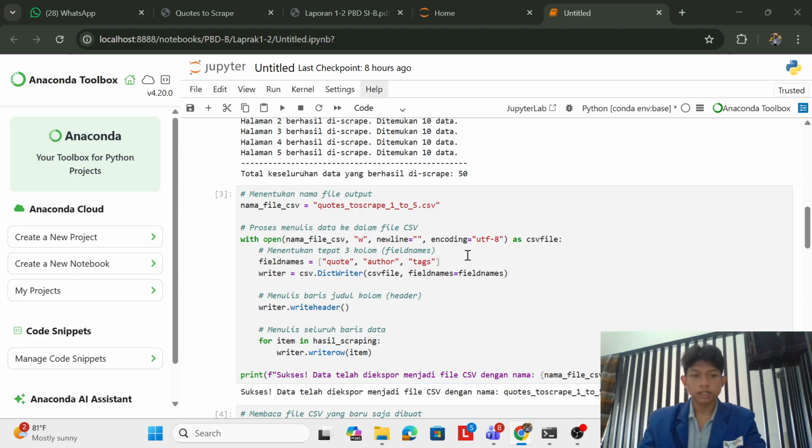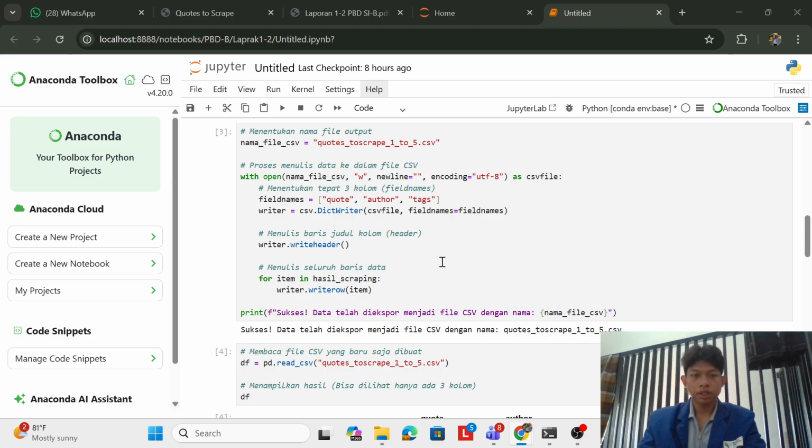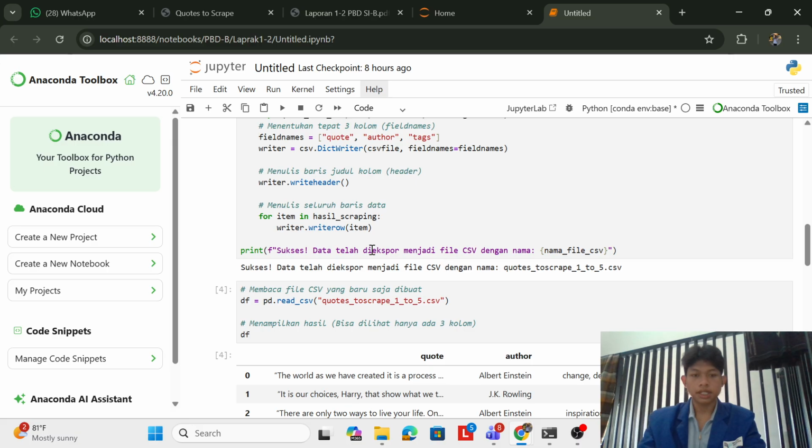Next is nama_file_csv to define the output CSV file name, and with open(csv_file_name, 'w', newline='', encoding='utf-8') as csv_file to open the file in write mode, and fieldnames quote, author, text to define exactly three column field names, and writer.writeheader to write the column header to the first row, and for item in scraped_data, loop through the list and write each dictionary as a row in the CSV, and the output is success.